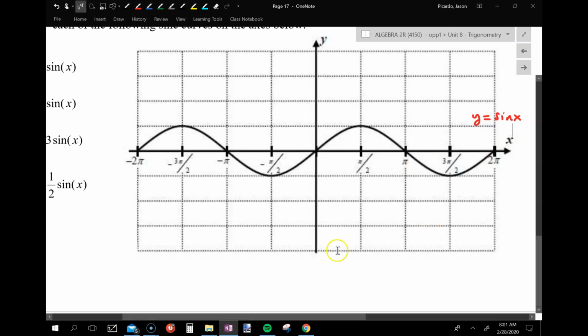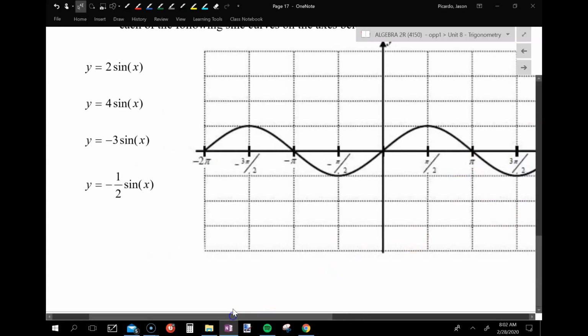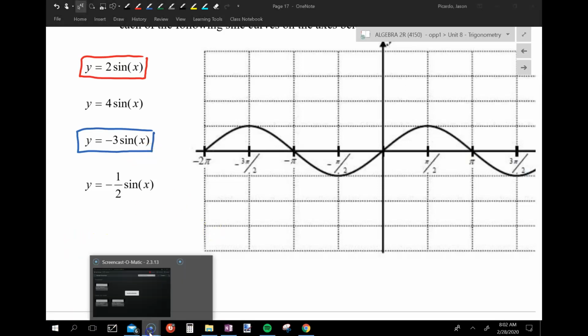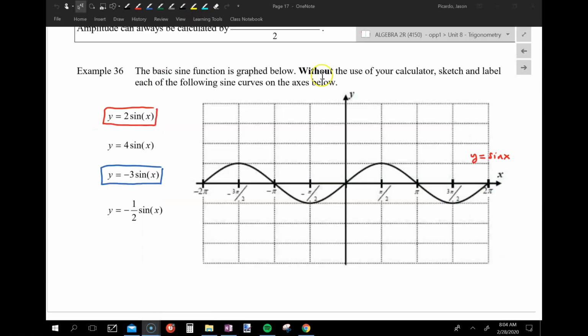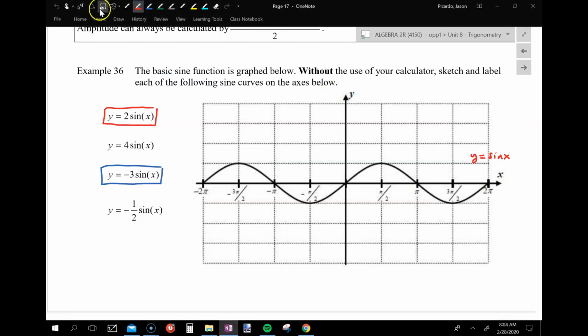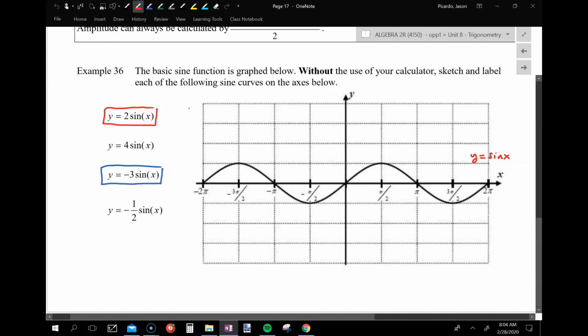Take a second, guys, and hi, good morning. Take a second, guys, and all I want you to do is graph this one and graph this one using the same techniques that we did on the previous problem. All right, I'll graph it with you guys. So what am I going to do here in my red graph? I'm just going to take all my values of y and multiply them by 2, right? So my red graph,